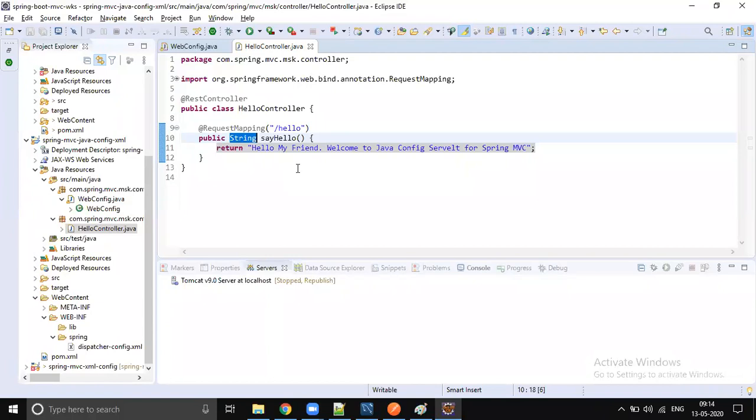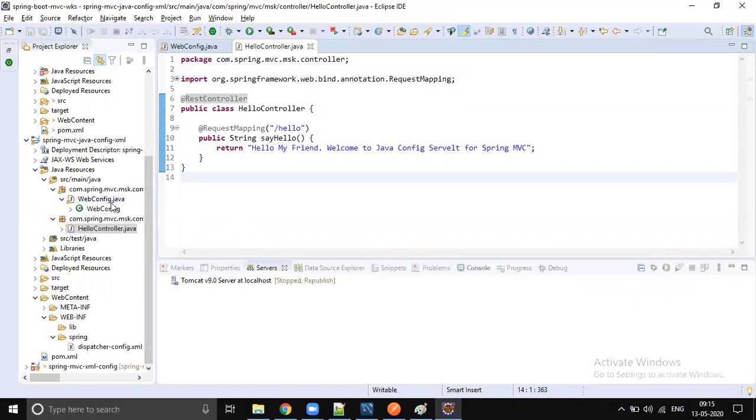No JSP, nothing. Okay, so the first example I showed you is a bit older one, like 5 to 10 years before we used to do that. But now Java is purely dedicated to the microservices. So you're going to return some data. That's why we are directly returning a string, and we're going to use REST controller. Okay, we're going to use REST controller.